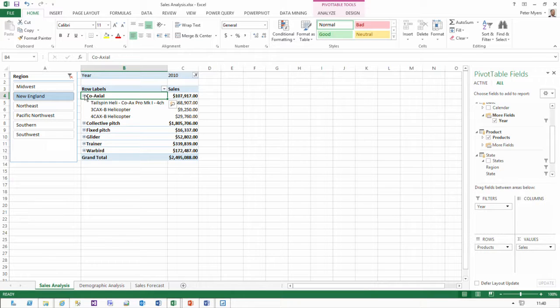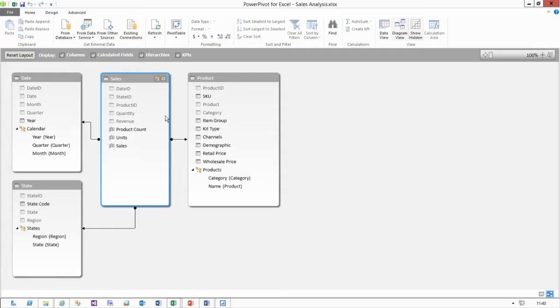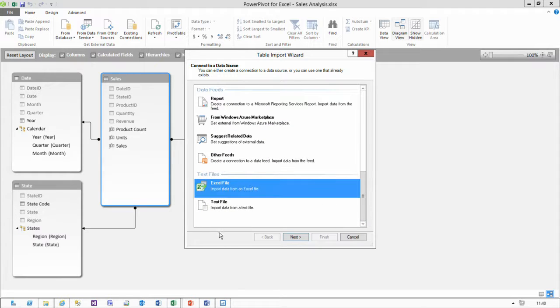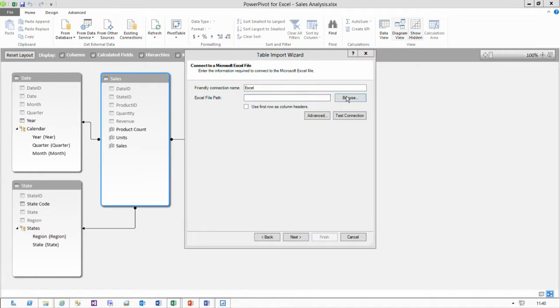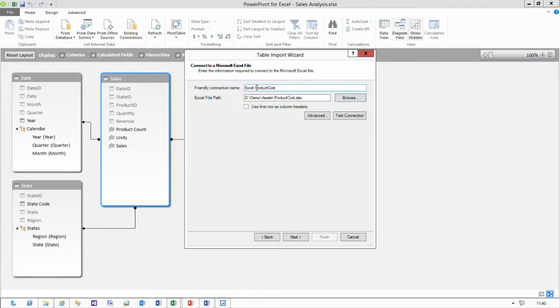Now, it just so happens that I have information about the cost to produce the products, but it doesn't live within the corporate systems. It lives within a local workbook here on my desktop. So what I'm going to use is the Power Pivot window to go ahead and source from this Excel workbook, my product cost workbook. So I'm creating a connection here to connect to and to interpret the data in this